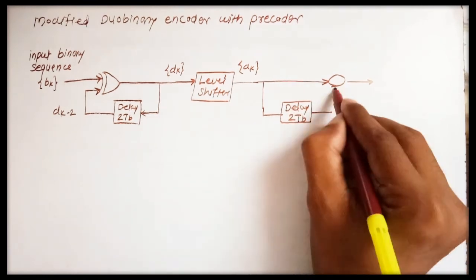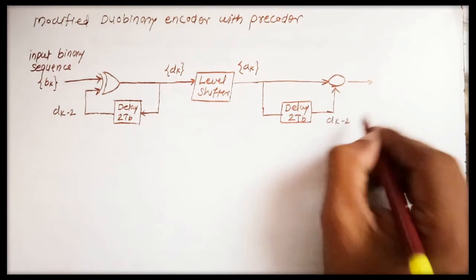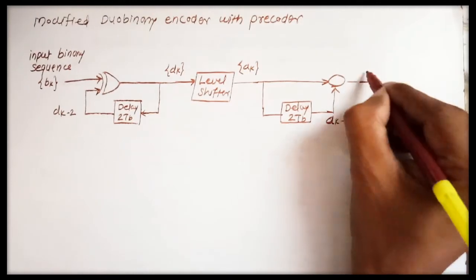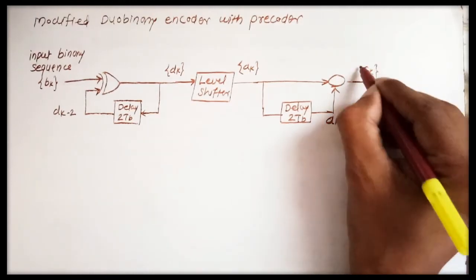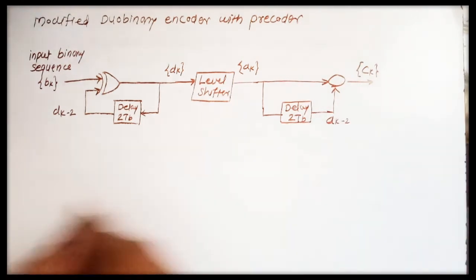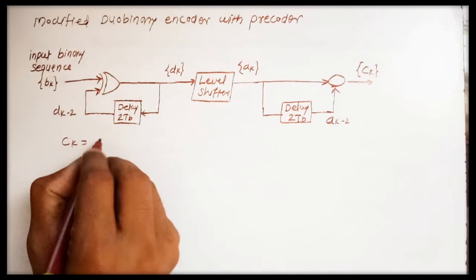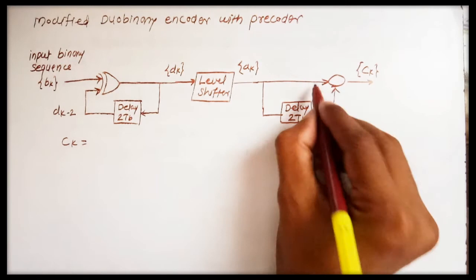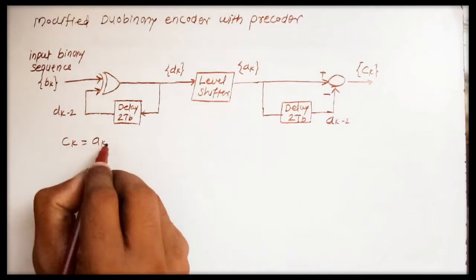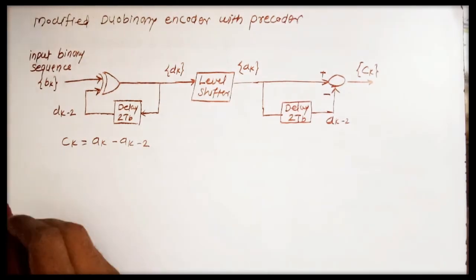This is applied over here, so it becomes AK minus 2, and this is nothing but the encoder output CK. Now here we can write CK equals AK minus AK minus 2, where